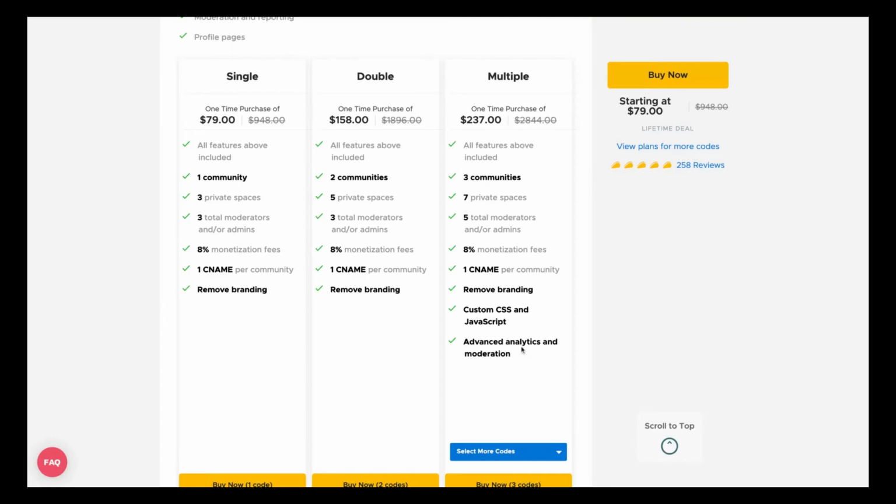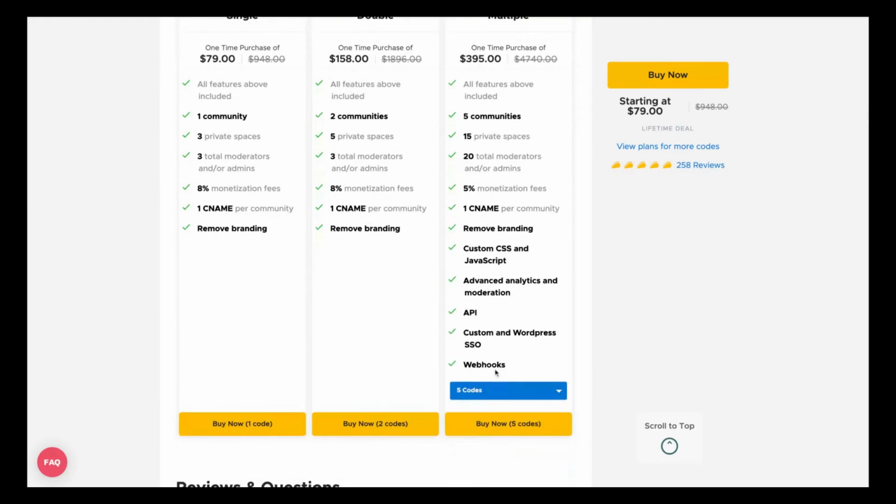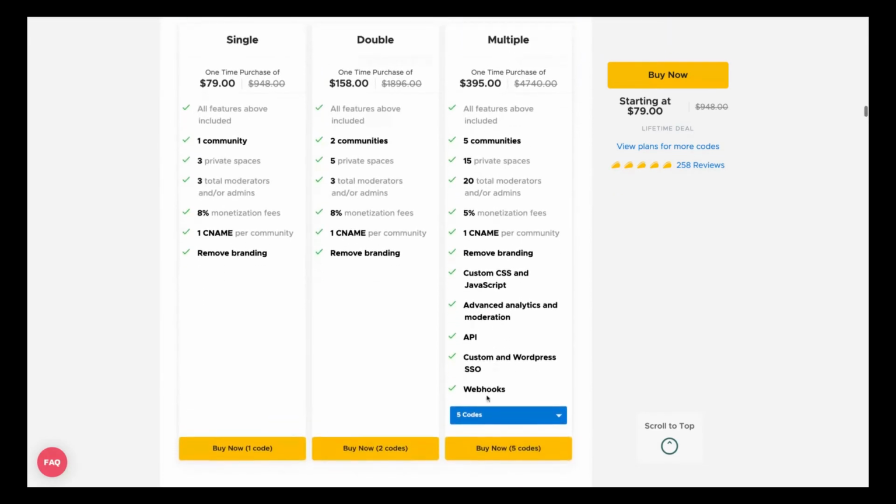And okay, you need to stack a lot to get all the features, but for most people, you need only the tier 3 codes, and you get the 3 communities, which is not so much less than Pencil. With 2 codes you get 3 communities on Pencil, and here you need 3 codes, so it will be a bit more expensive, but you get the main core features.